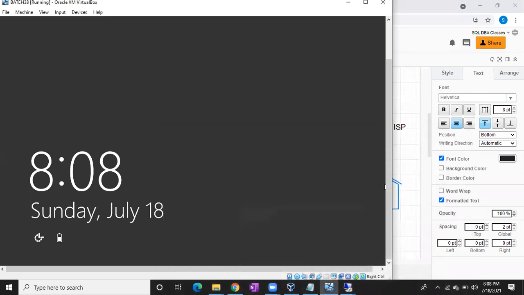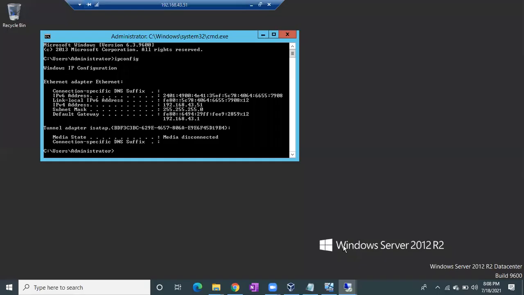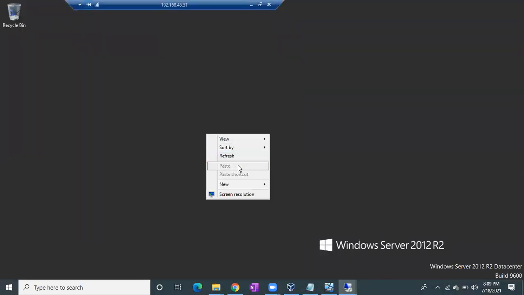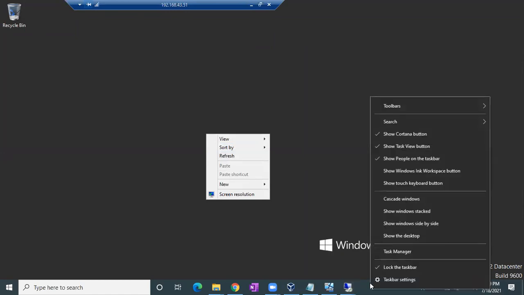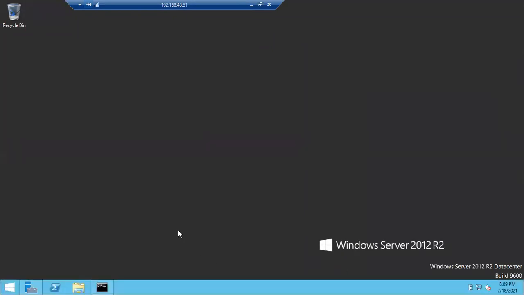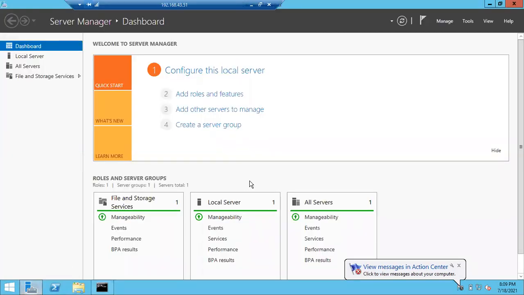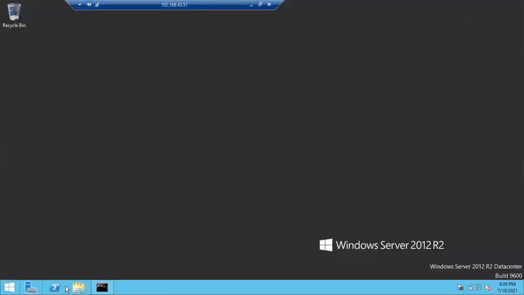It is easy. In the server, if you want to install anything, you have to depend on the Server Manager. So let me connect to the server. This is the server. And if you see here, this is the Server Manager. Once you turn on the server, the Server Manager automatically pops up like this. If you don't see Server Manager, on the taskbar you can see a server icon with a briefcase. Click on this. This is the server.